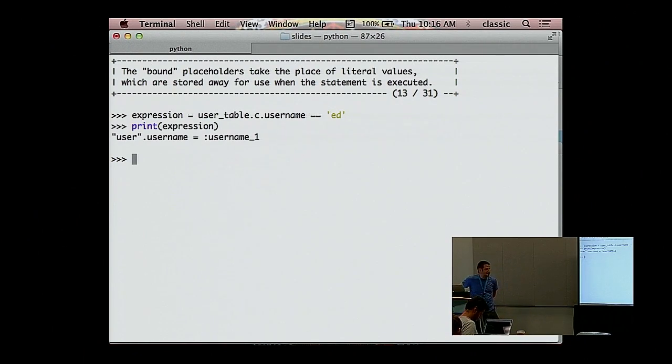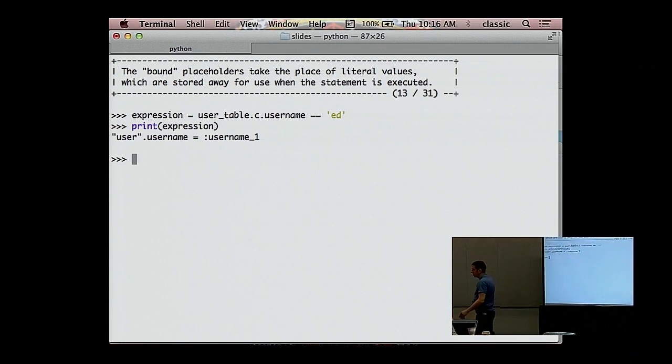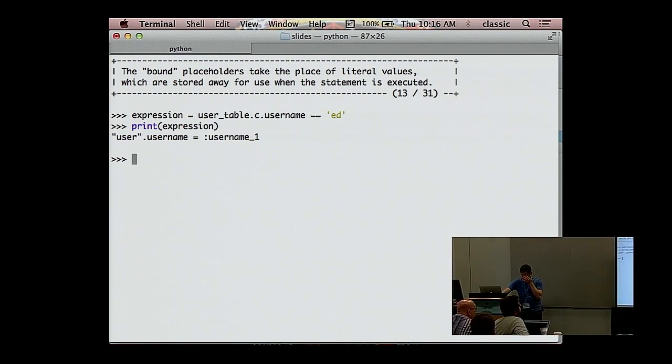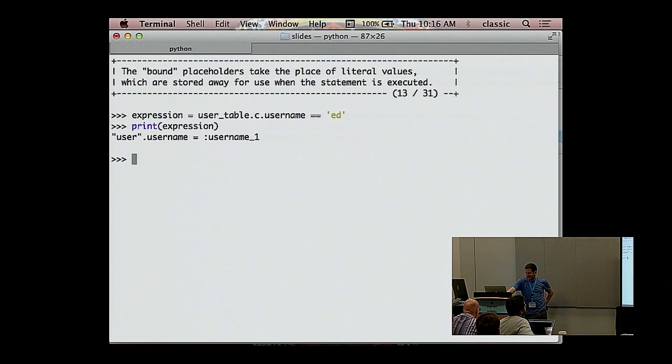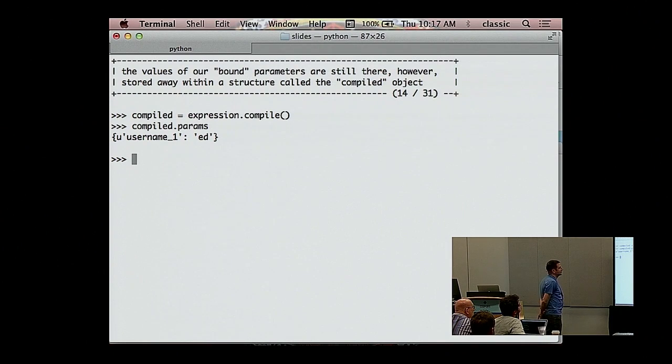So here we get to the bound placeholders. So let's go back to username equals ed. When we print it, we just see the column on one side, the equal sign, and then we see a bound parameter. But if we unpack what's actually happening here, more granularly, when we convert the expression to a string, first it is going through this process called the compilation,